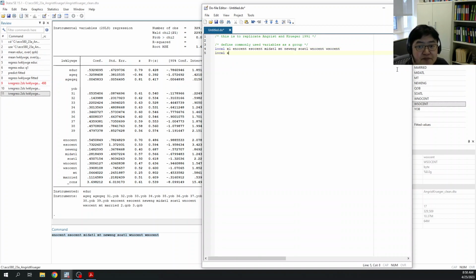And you may define another list of variables in this way. So x2 is a list of variables that include all the variables in x1, additionally age quarter and age quarter squared, right? So you can use them as a simple command, and it's pretty much unnecessary, but let's